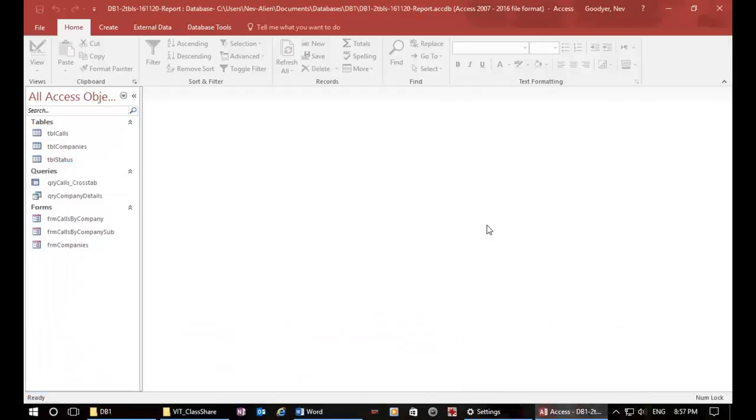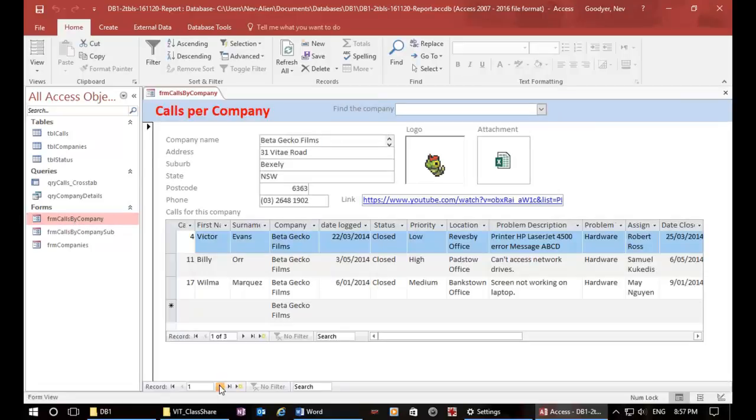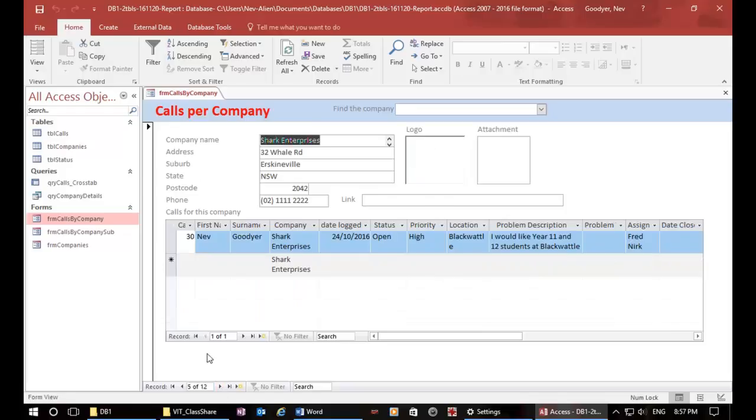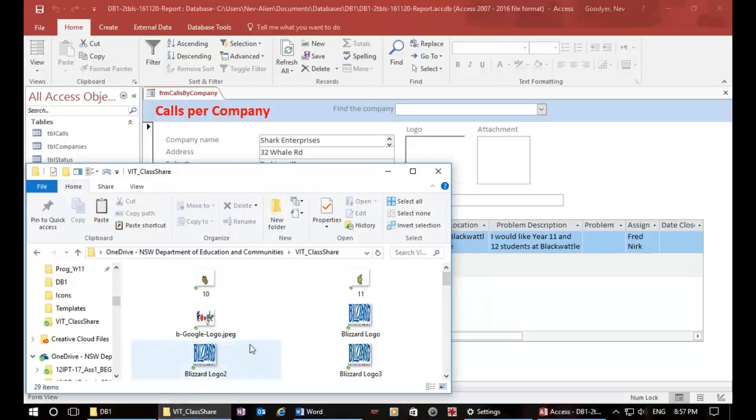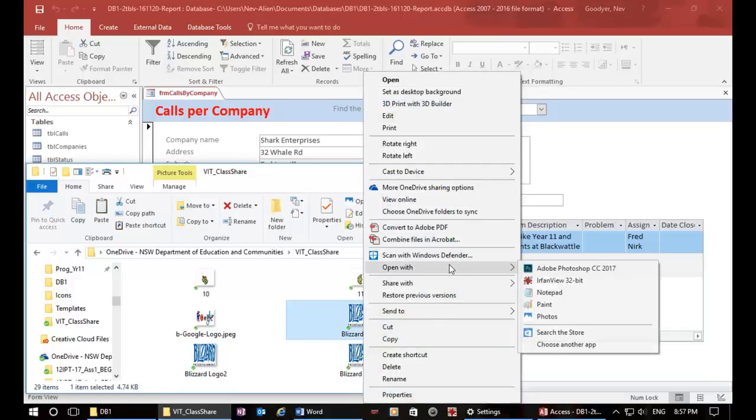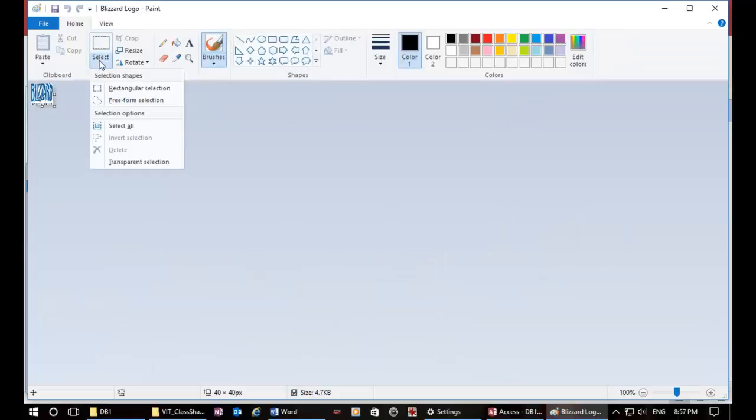So our form here, calls by company, I've got, of course the logos are not correct, but they're good enough just to show that we've got them in here. Let's go to one of our icons. I'm not sure which is the BMP, but we'll load this up into Paint, select all,